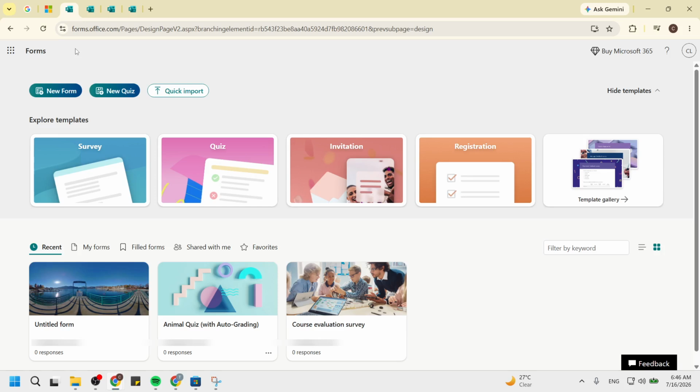From there, if you are starting fresh, go to your Forms dashboard and click the drop-down arrow next to New Form. In the options that appear, select New Quiz. This action is significant because quizzes allow you to assign points to questions, making them ideal for assessments. The interface will change slightly, indicating you are now in quiz mode. You will notice options tailored specifically for grading, which will be beneficial as you proceed.